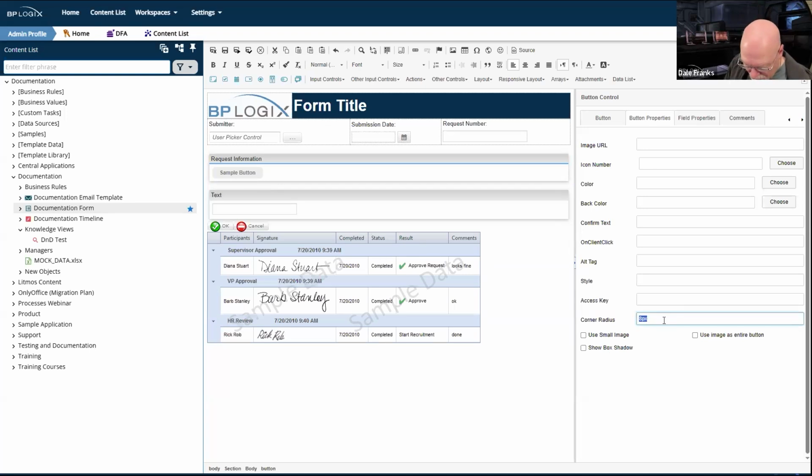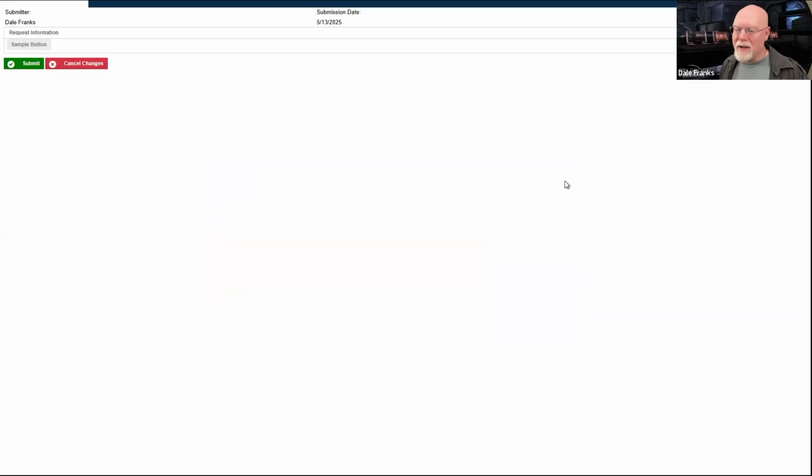space. So I could set this to, let's say, 0.3 rem, and I could run the form. And so this slight rounding here, I think, is going to be much more widely rounded as soon as the form saves and runs. So there we go. There's my button. It's actually a little less rounded. I thought it would be more rounded, but it's actually a little less rounded by setting it to rem space.